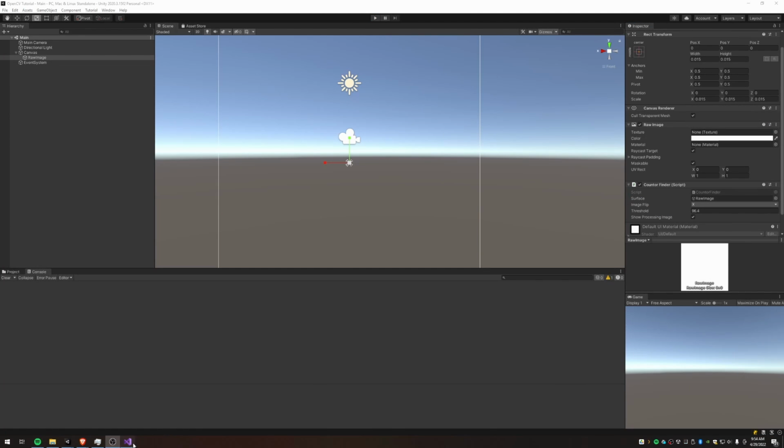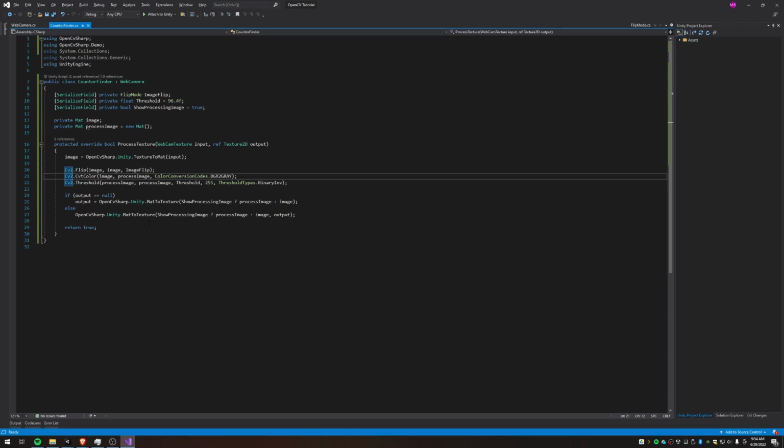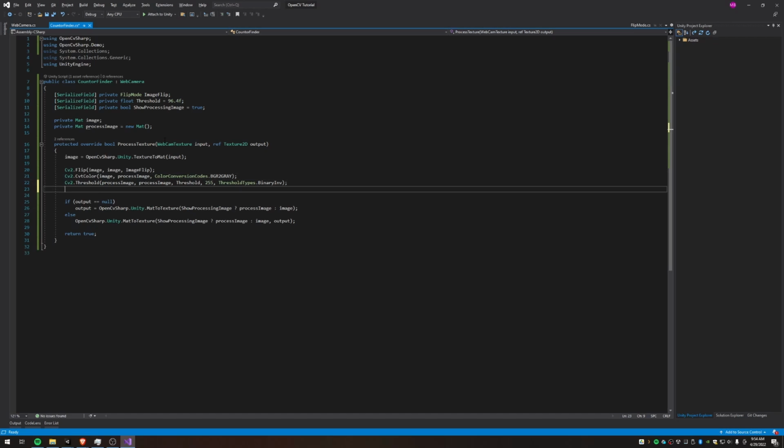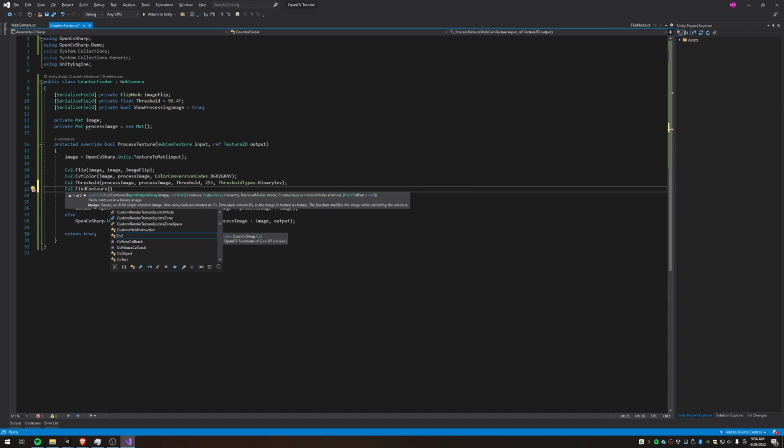Okay, so we've got an image, and it's kind of ready for us to start trying to find the actual objects in it. So that's what we're going to do next. We're going to add the actual magic here. All right, so after the threshold here, we're going to do CV2 find contours, and this is the magic. This is a function that will look at the image and it will find the outlines of things. So we're going to give it the process image,